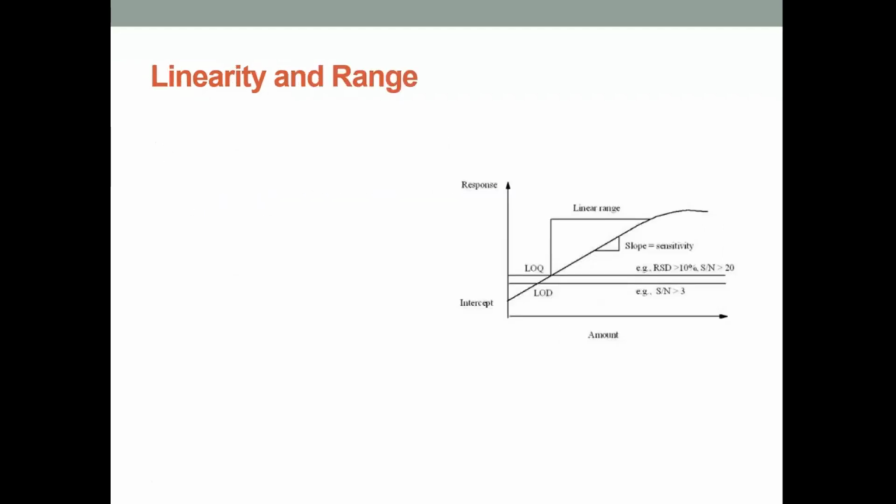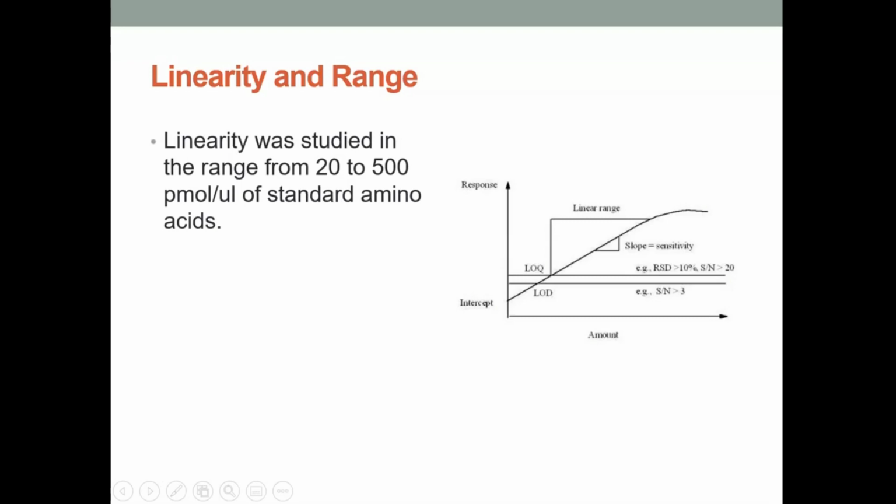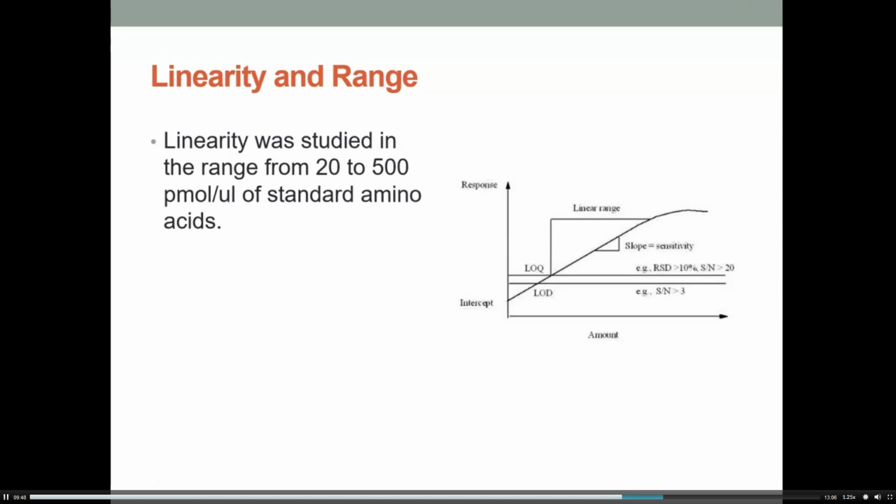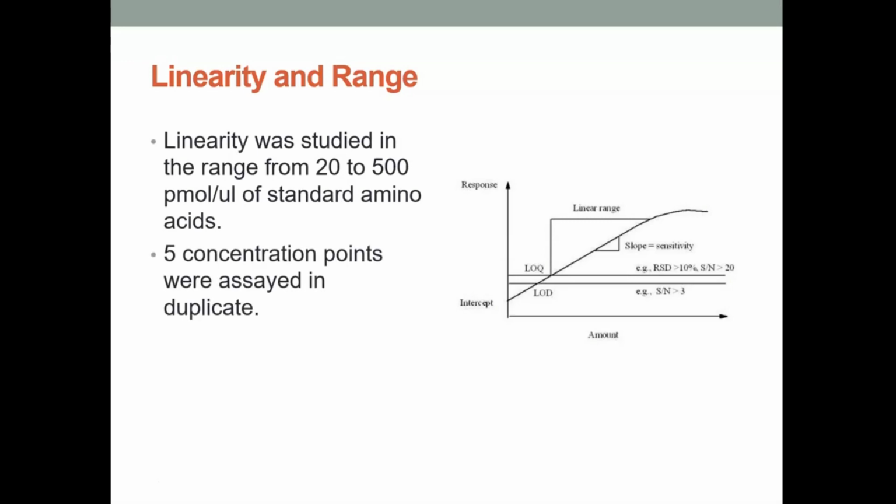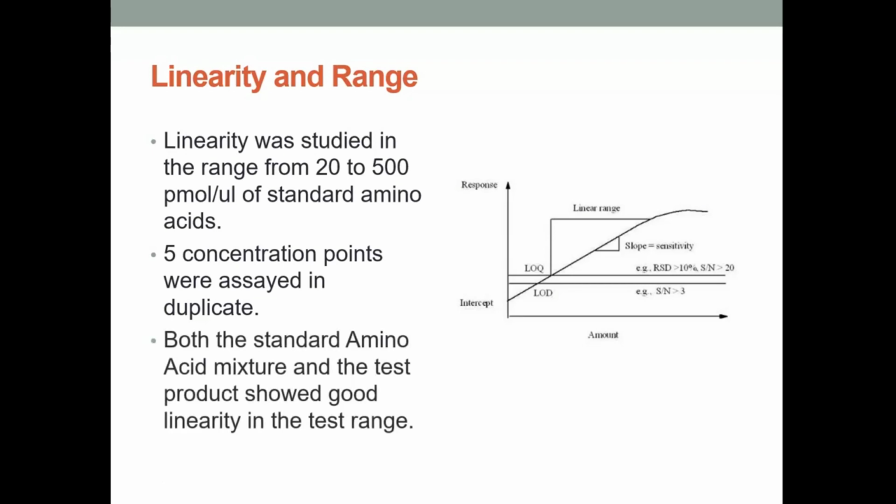Our linearity and our range. So we remember from our previous lesson, what we want to see is we want to see part of our linearity to be straight, and that gives us the range that we're looking for. So our linearity was studied in the range from 20 to 500 picomoles per microliter of your standard amino acid. We looked at 5 different concentration points. They were assayed in duplicate, and both the standard amino acid mixture and the test product showed good linearity in the test range. So that's passing your linearity, and it also shows you where your range is from 20 to